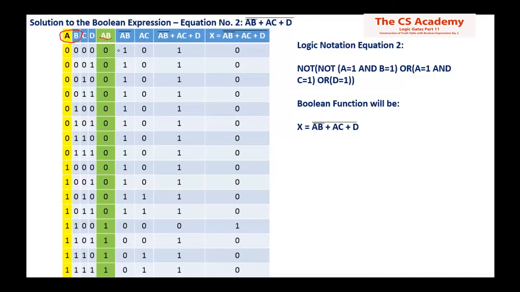Now see this column, I'm going downward. Where both A and B are 1, you will see 1 over here. Now again A and B are 1, so 1 multiplied by 1 equals 1. Again here this is 1, and this is 1, right? That means the last 4 cases are with 1s. A and B, you have done it.